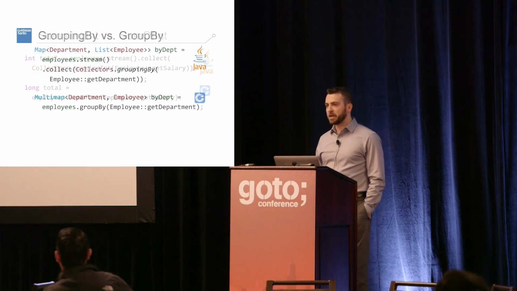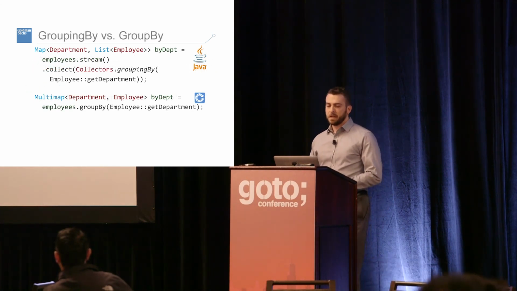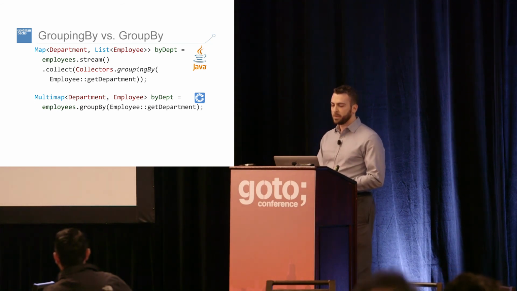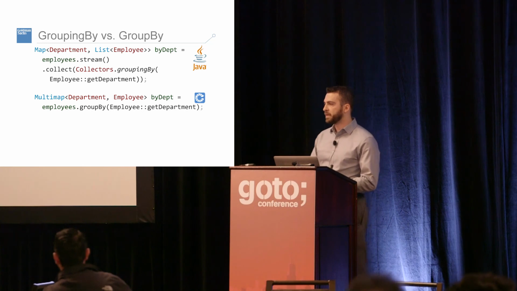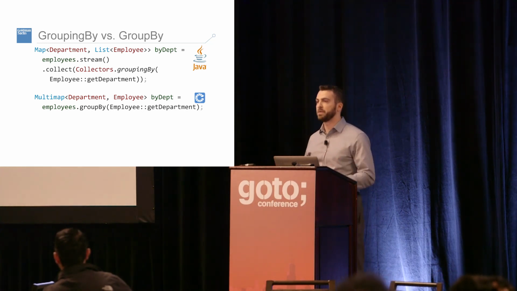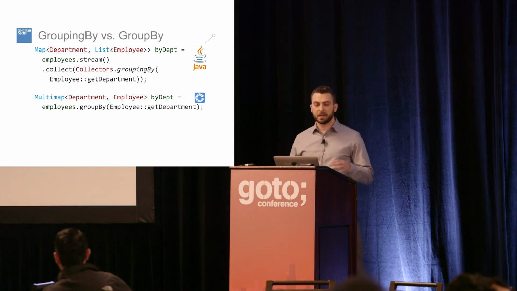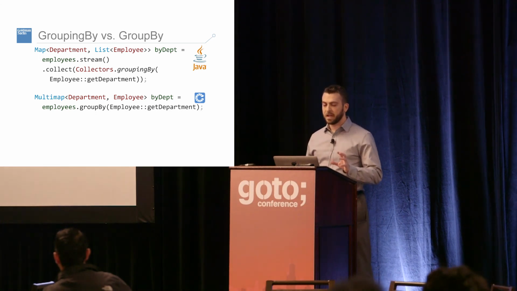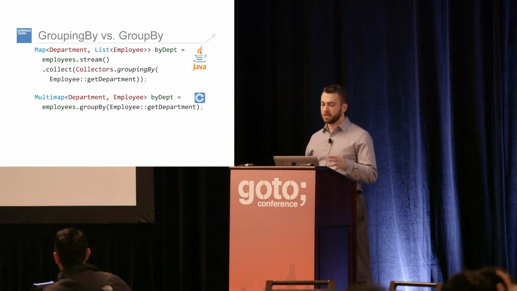Now we're looking at a bit more complicated pattern, grouping by. Here we're going to take the same collection of employees and group them by their department. So we're going to get back a structure where we could query for the department and get all the employees in that department. Again, we create a stream and immediately terminate it with a collect operator,